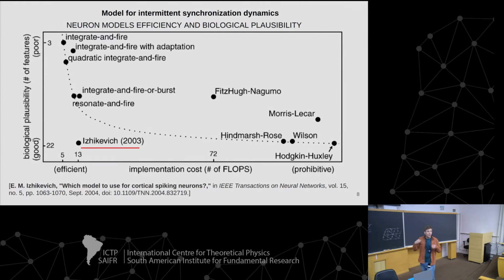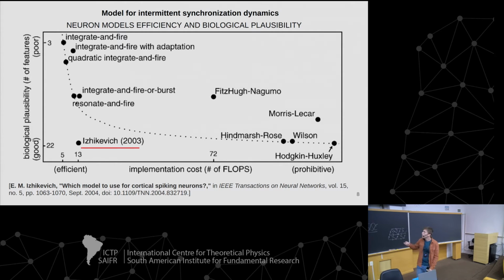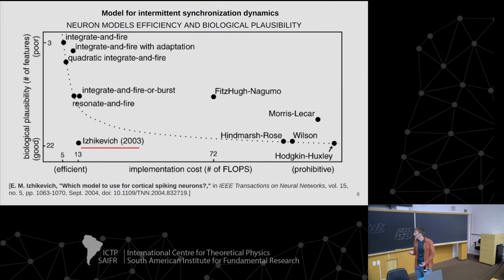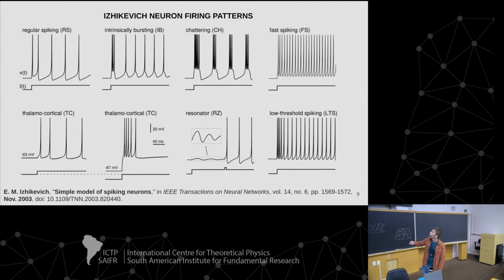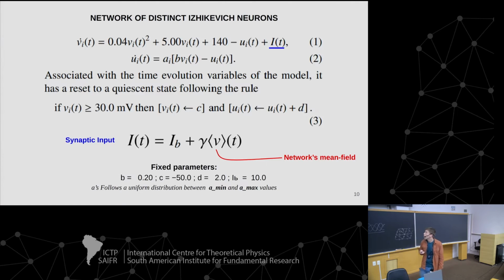Okay, so the model I used is the Izhikevich model, the one I used during my master's. This was our first attempt; now we are trying to generalize to other models, but we chose the Izhikevich model because it has good biological plausibility, so it can reproduce a lot of neural firing patterns. While it is simple, it has just two variables and it's quite simple to implement. These are some examples of firing patterns the Izhikevich model can reproduce, and we focus on this chattering pattern, which we also call the bursting pattern, that is periodic when the neuron is uncoupled.